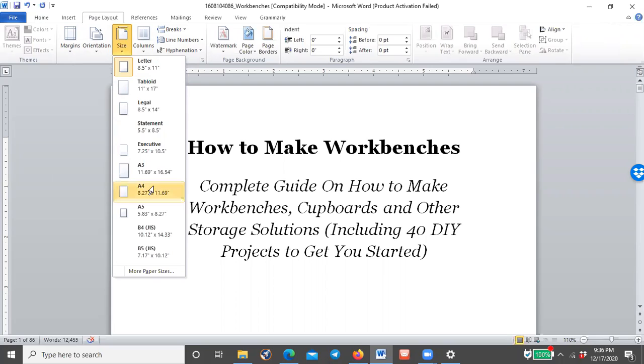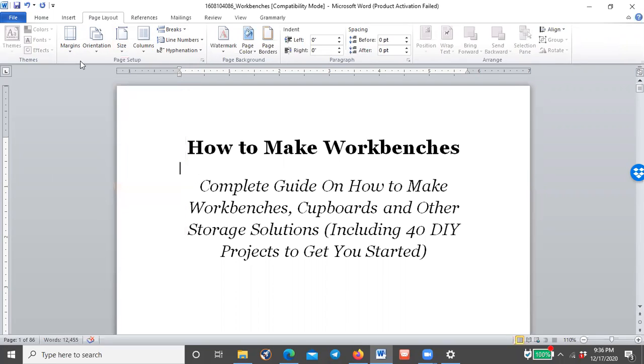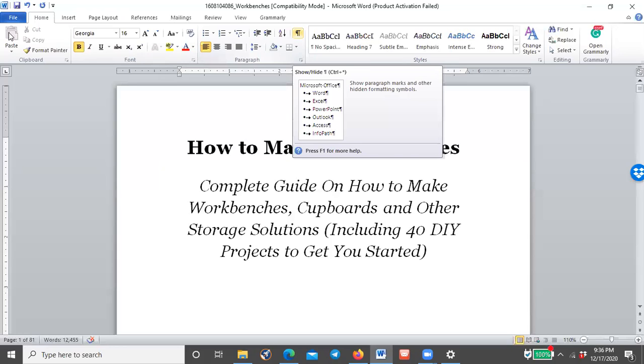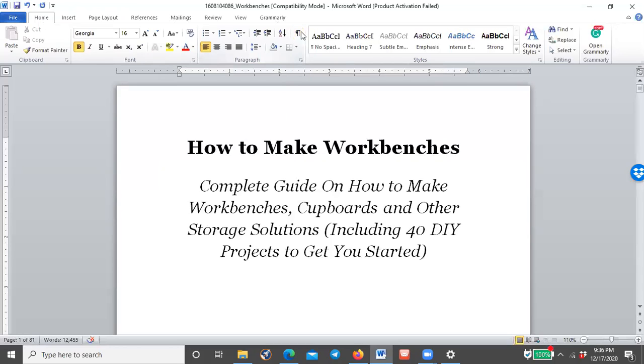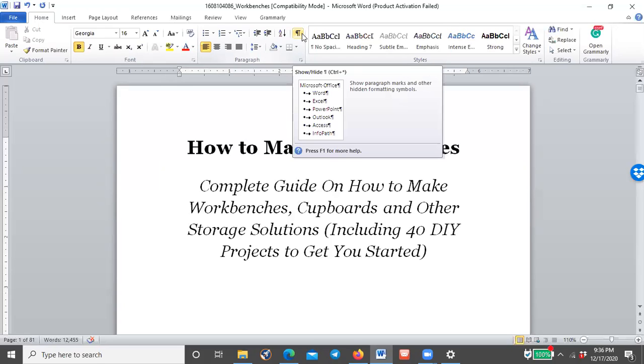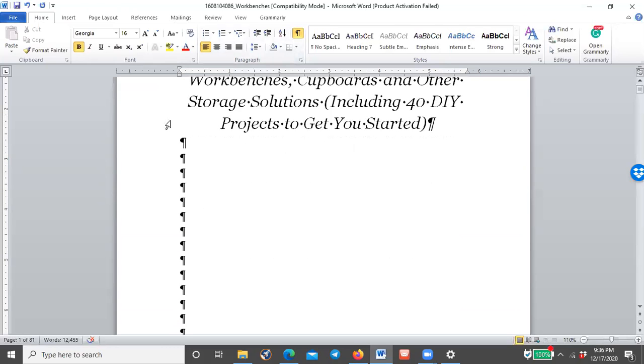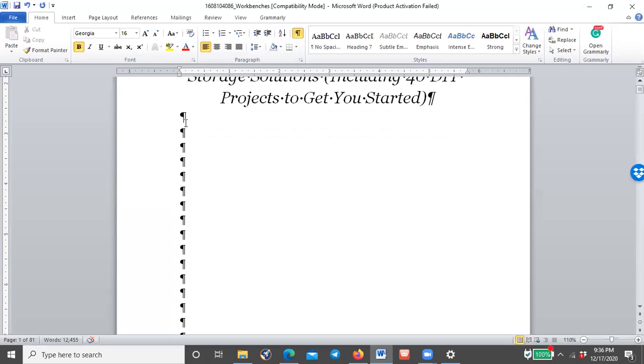Then click on F4, and from there you also click on this. Click on Home, then go to the option for showing formatting features. Basically, in this case, as you can see, this one seems to have a lot of